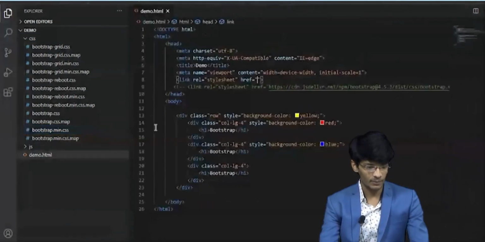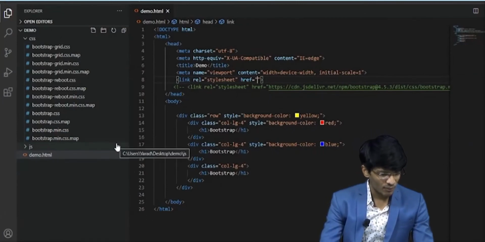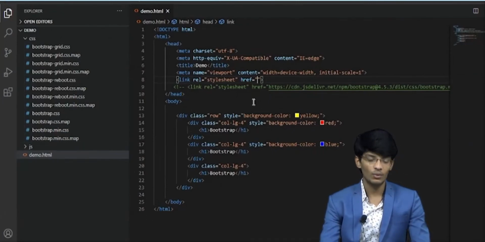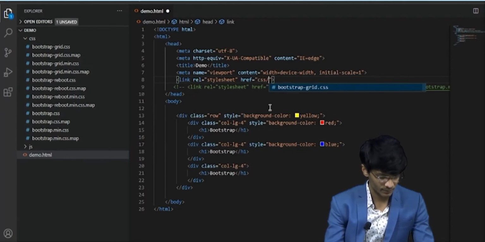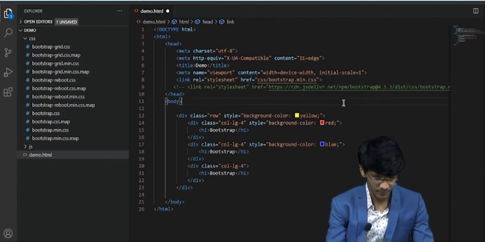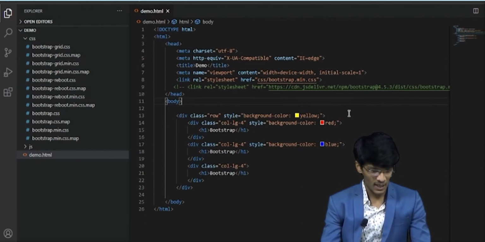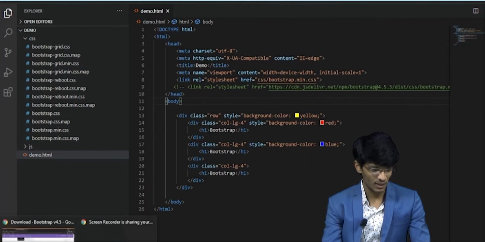We only have to link bootstrap.min.css. So let's do it. We'll save it and see what happens in the browser.